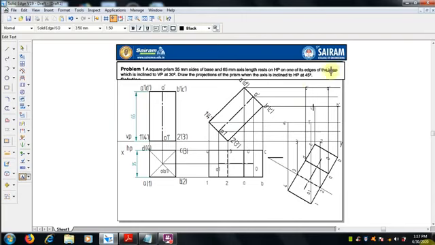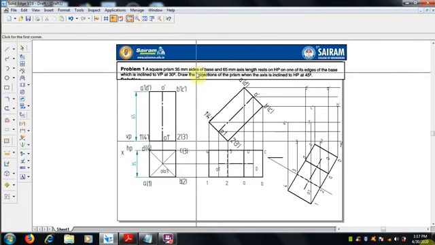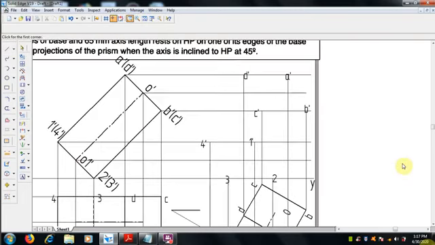And now we have to draw the top view by covering the boundary totally. So let me select a 0.5 mm thickness and the total, zoom it. So after tilting the position to inclination to VP, what is visible, how it can be viewed. So now this is the front view, so it's a 3 dash, and this front view is 2 dash.